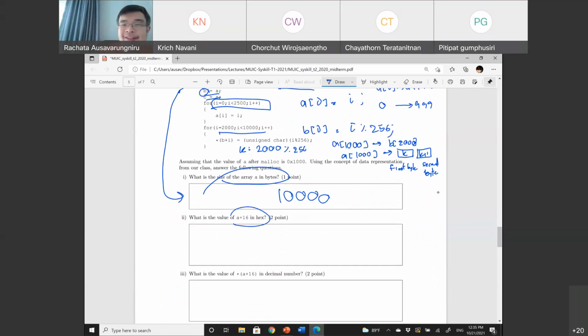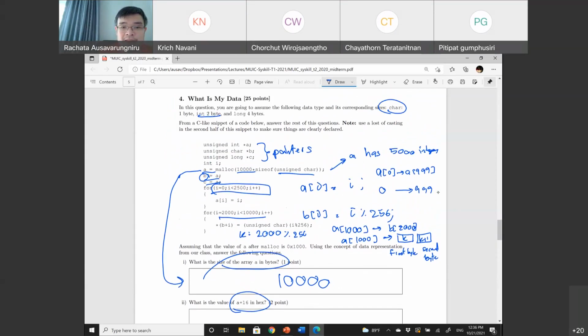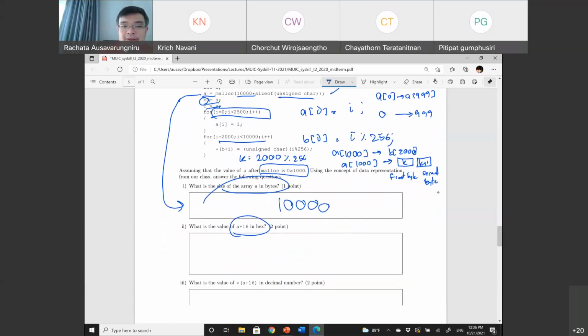What is the value of A plus 16 in hexadecimal? By the way, for this question, if you answer in decimal, that's also fine when I grade it. But what's A plus 16? What I say here is, after malloc, A starts from 0x1000.